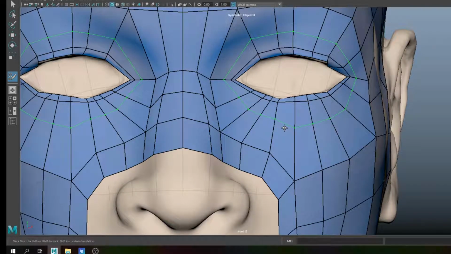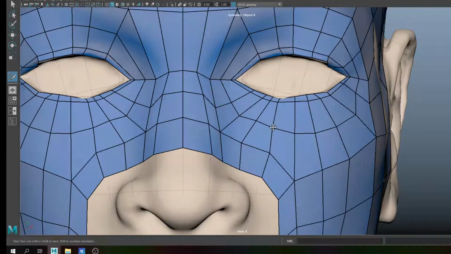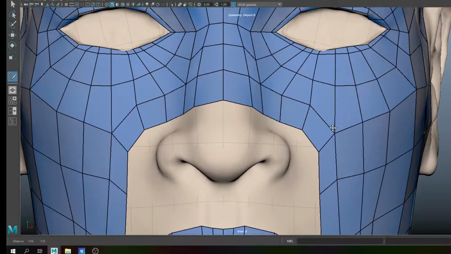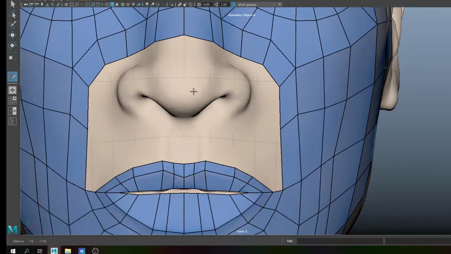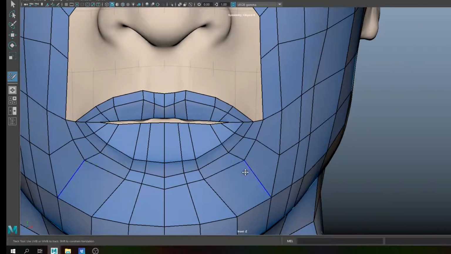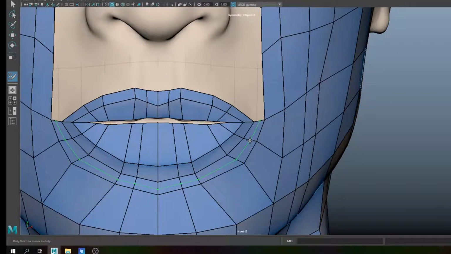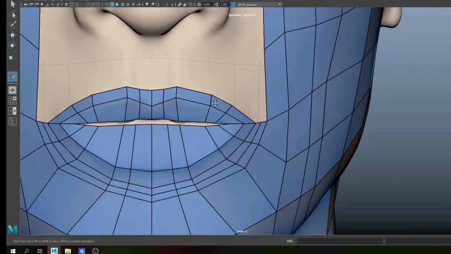I'll hold control to add another edge loop right about there. I'm not going to worry about relaxing too much because, again, this tutorial is based on just working on the nose shape. So, with that being said, we'll add another edge loop right about here,